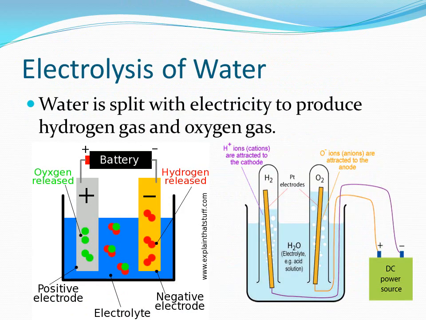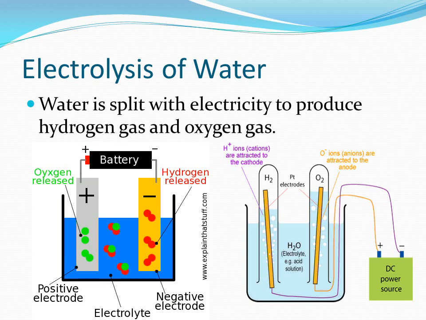Now let's move further. We have a similar figure. If you see, the figures are almost related. They are all similar, and the process is also similar, but for understanding we have taken different forms. So water is placed with electricity to produce hydrogen gas and oxygen gas, as it is.